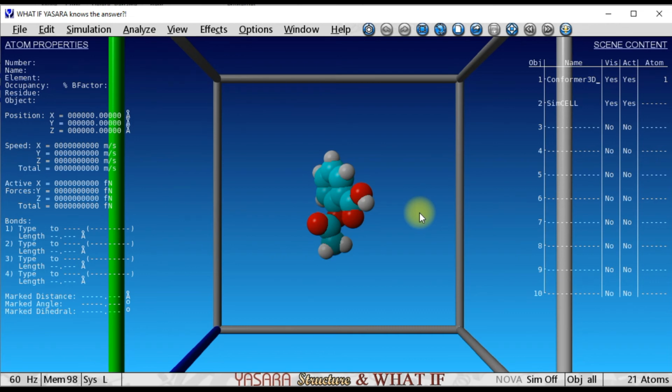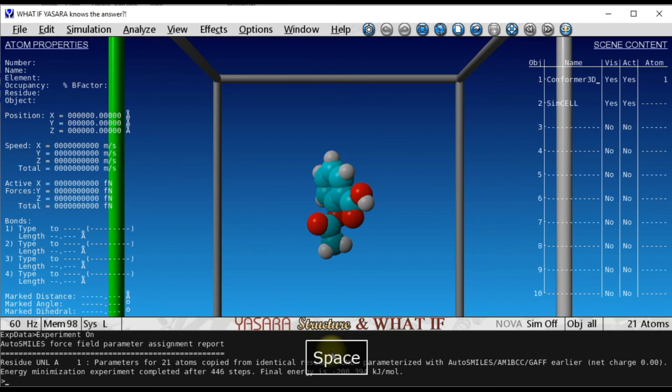So now the energy minimization is over. Generally during energy minimization, here you can see a line telling energy minimization so much and so much. When it disappears, it means that the process has been completed.